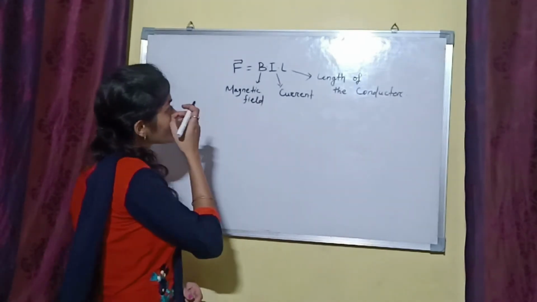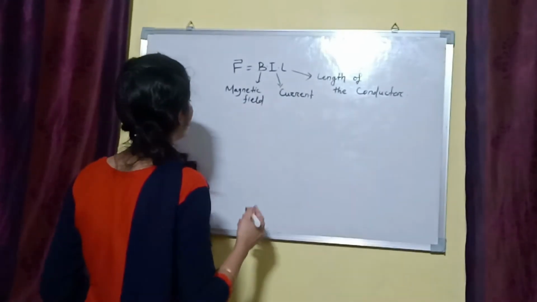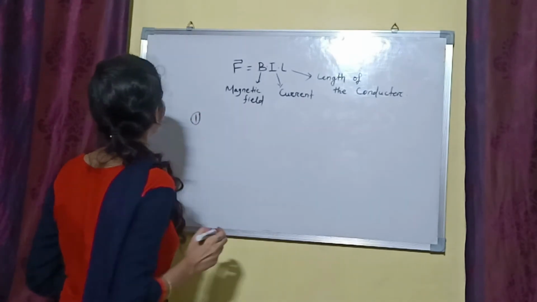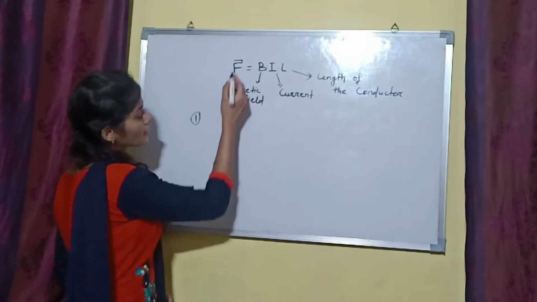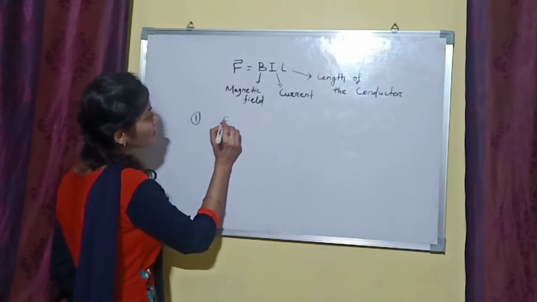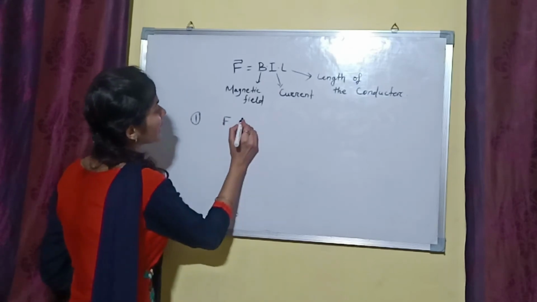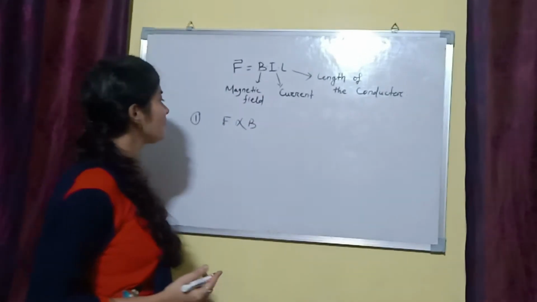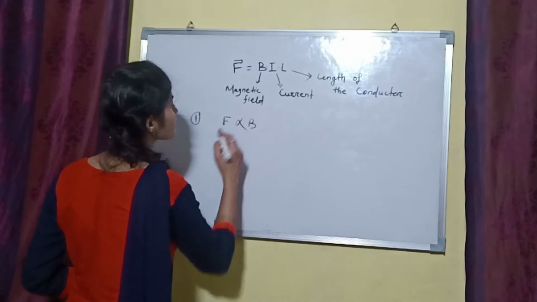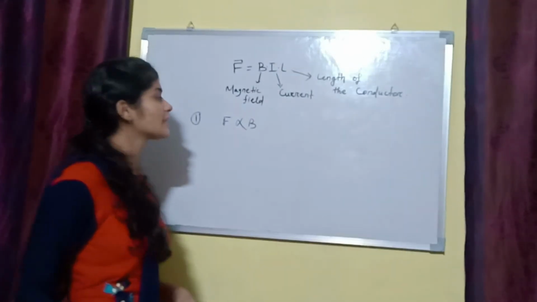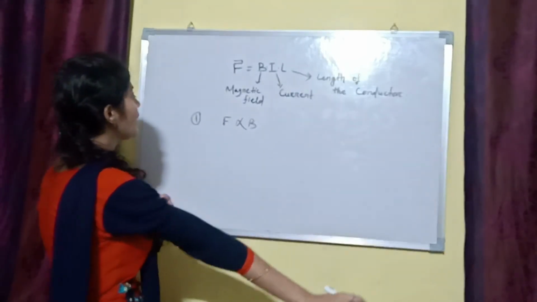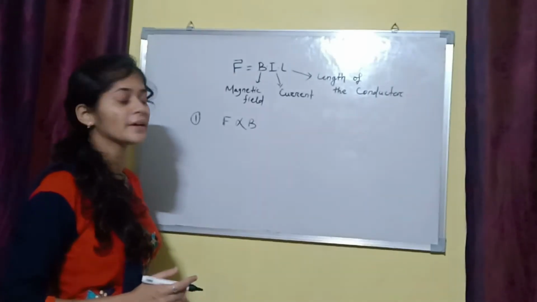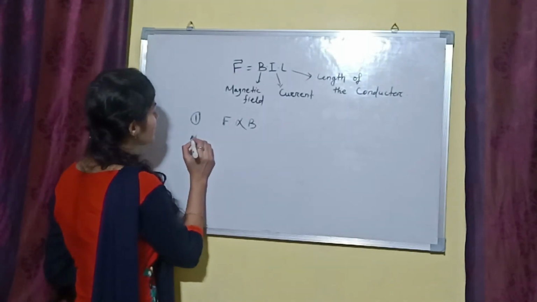As we have to increase the capacity of an electric motor, which depends upon the force experienced by the loop, here you can see that force is directly proportional to B. That means if we increase the magnetic field, it will increase the magnetic force. How can we increase the magnetic field? We can increase the magnetic field by using an electromagnet instead of a paramagnetic substance. And the second condition will be